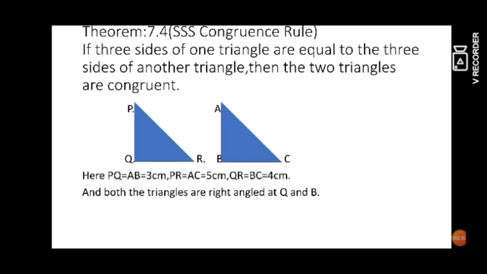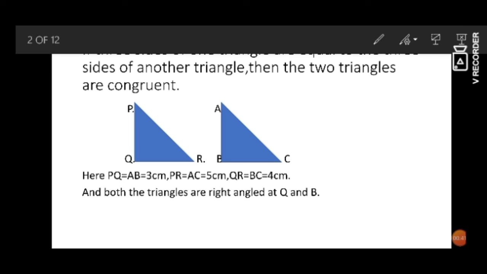Here I have considered two triangles, PQR and ABC. In PQR, PQ is equal to AB and it is of 3 centimeters, and PR is equal to AC and it is of 5 centimeters. Since it is the hypotenuse, it is of 5 centimeters. QR and BC are equal, so the base of the triangle is also equal and it is of 4 centimeters